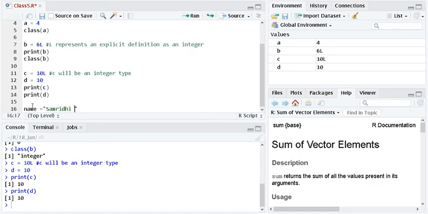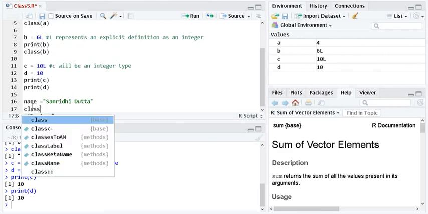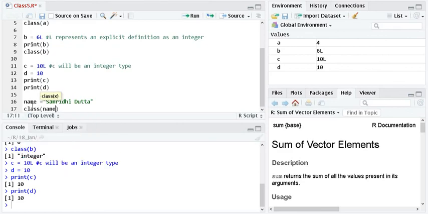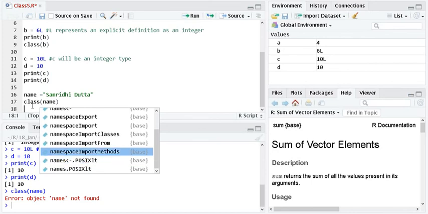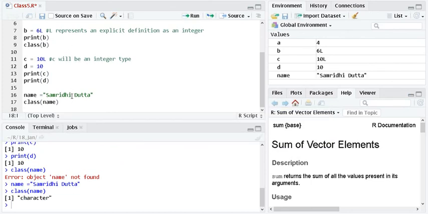Now this is going to be a character class. Okay, so basic arithmetic operators, let's study now.